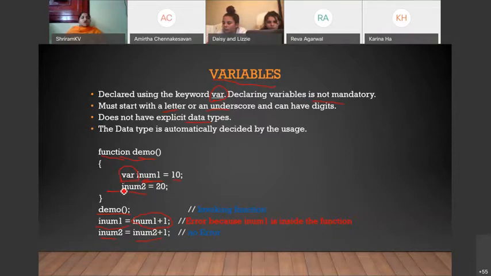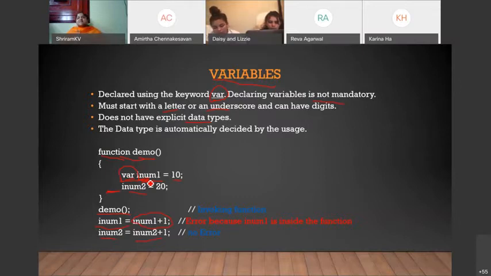Using the var keyword or not is your choice. But when you use a var keyword, it means that the particular variable can be used only inside that function. You cannot use it outside the function. If you want to use it outside the function as well, please don't use the var keyword, because using the var keyword will make the variable valid only inside the function. Outside the function, that variable is not valid, or the value is not available. I hope this var keyword is clear. The var keyword is for you to create a variable, and a variable name can start with a letter or an underscore.